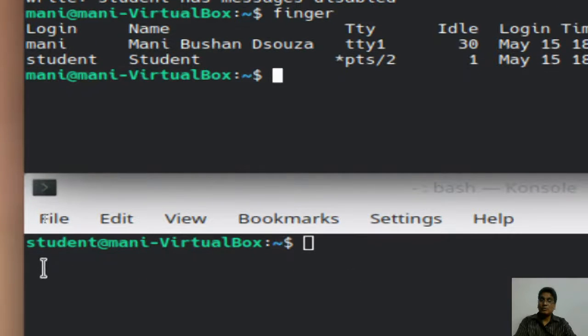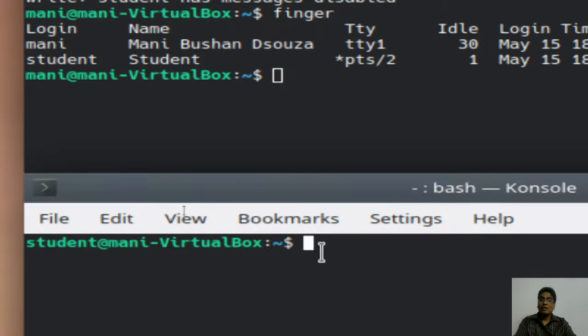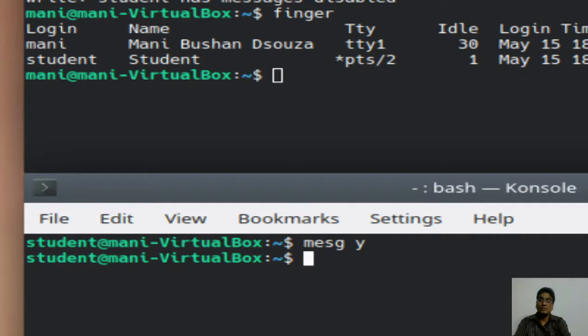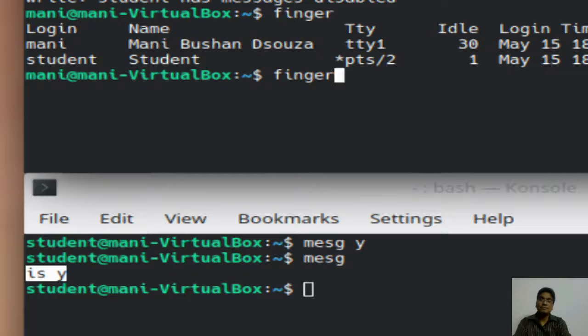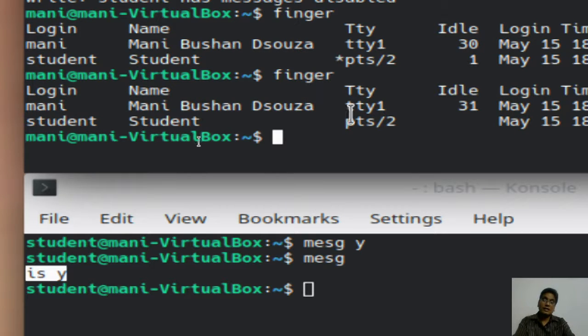So if I go to student, see I'm in the student now, and if I say mesg y, that means I enable it. Let me just type mesg to verify that it is y, that means I have enabled this. Now if I type finger here, you will notice that the star is gone.